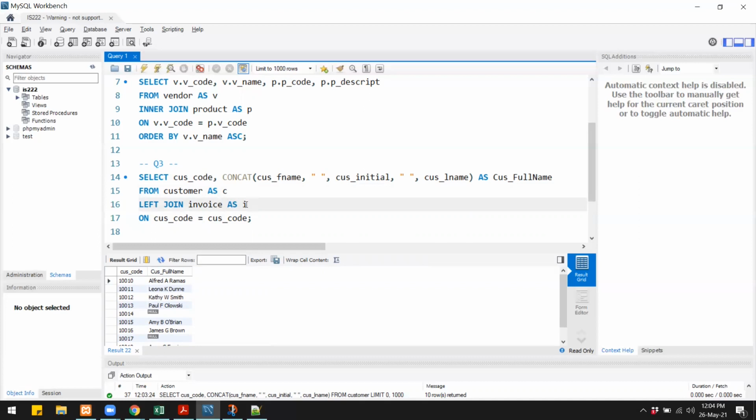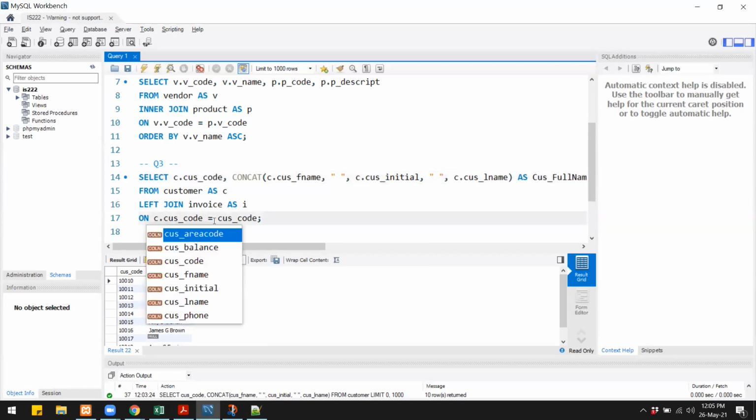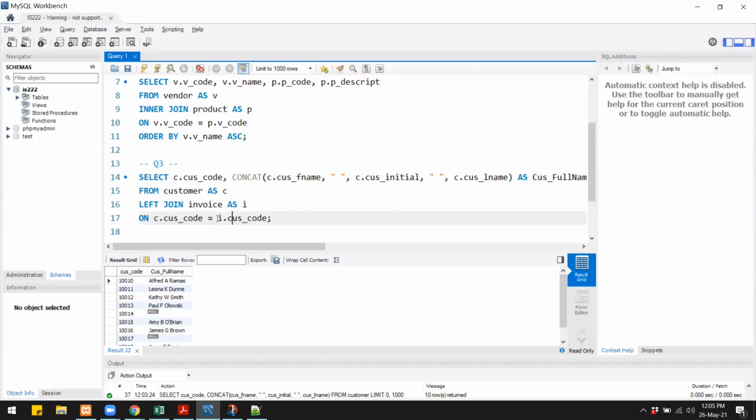And then along with this, we need to write the table name along with the column name. So customer is in the customer table, first name is in the customer table, last name or initial is in the customer table, and the one of the customer code is from the customer table and the other is from the invoice table.